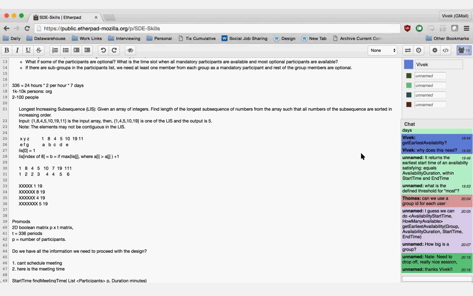N square is not always bad. N square is definitely better than 2 power n. That is our alternative. Yeah. So the implementation of this is actually fairly simple. It's kind of the thing that we talked about before, right? You just set the first one to 0, and then the first one to 1, and beyond that you just check all the elements that are greater than the current number and find the max of it. If you don't find the max, then the value is just 1, which is just that number itself.